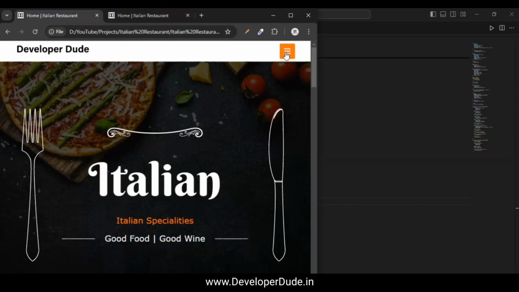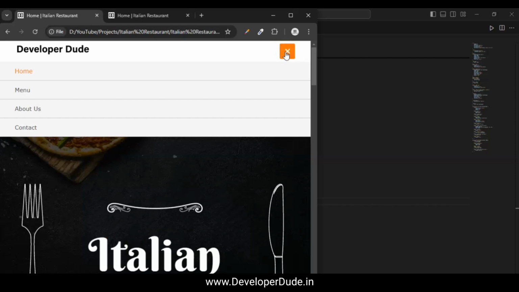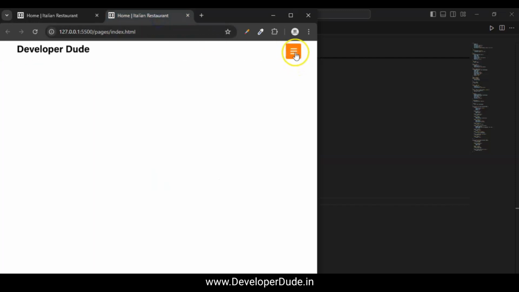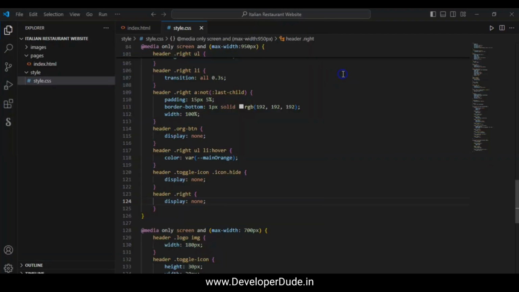When we click on the bar, it shows. When we click on the X mark, it closes. We are clicking, but nothing is changing because we didn't use JavaScript. So to do that, in our Italian restaurant website folder, close this. In this folder, create a file